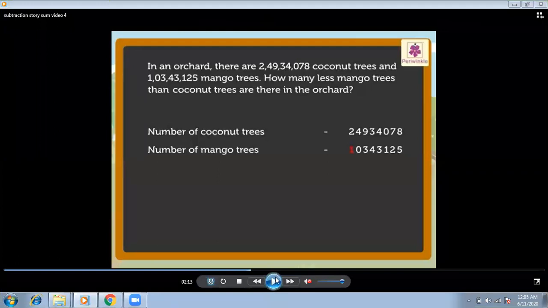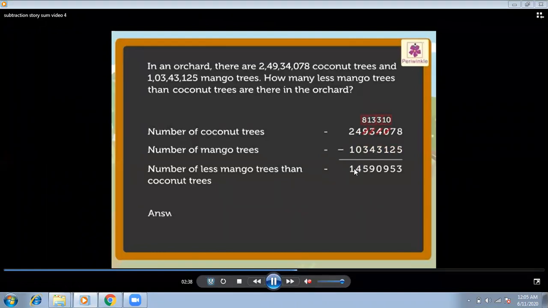the third step was that you have to start your subtraction, or any of the operations, from the ones place. So here the two numbers are written over here, you can see on the screen. And now after subtraction, what answer do we get? 8 minus 5, 3. 7 minus 2, 5. 10 minus 1, 9. 3 minus 3, 0. Then borrow, 13 minus 4, 9. 8 minus 3, 5. 4 minus 0, 4. 2 minus 1, 1.